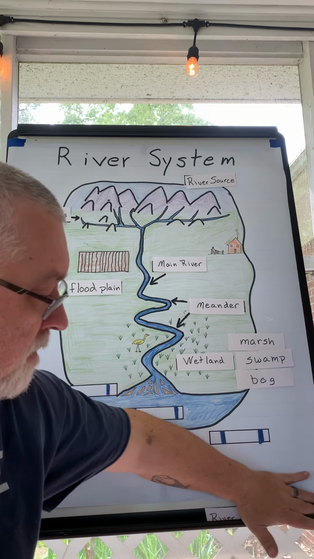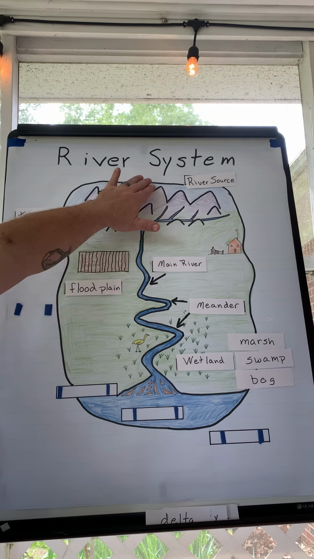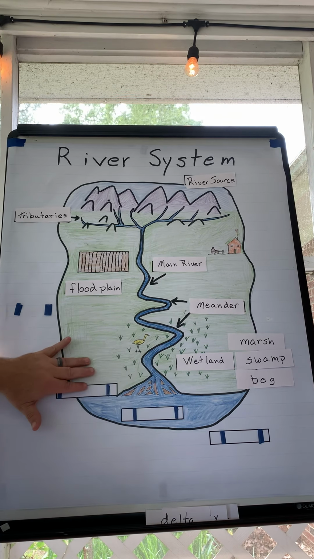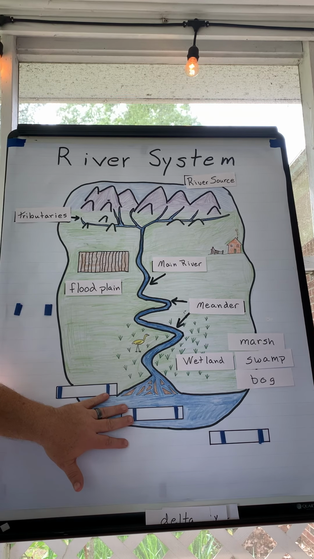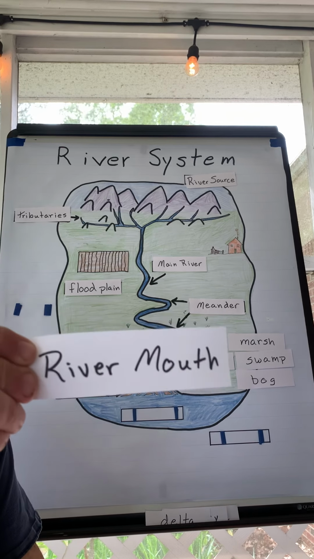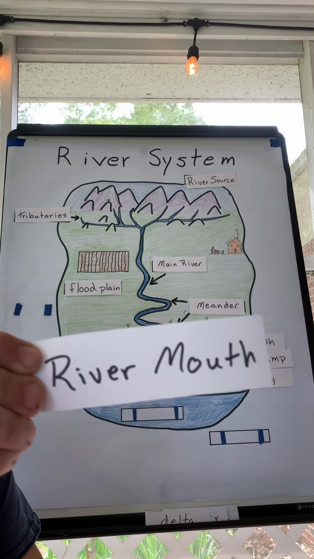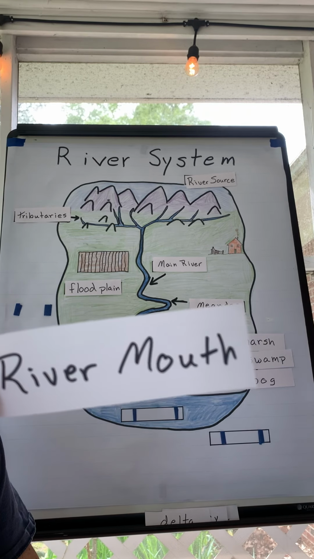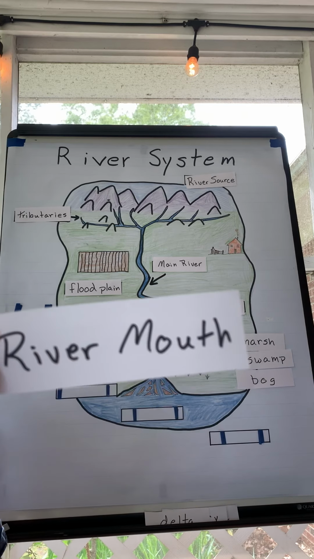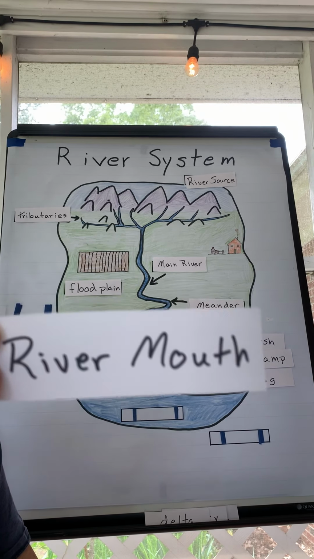Now, as we talked about the river having its start up in the river source, it also is going to have some place where it ends. And it's ending down here where the river is emptying into a larger body of water. In our case, the Chesapeake Bay. This is referred to as the river mouth. Now, the river mouth is where the river ends. So it's starting up in the source, flowing down through the watershed, and then exiting into, in our case, the Chesapeake Bay at the river mouth.